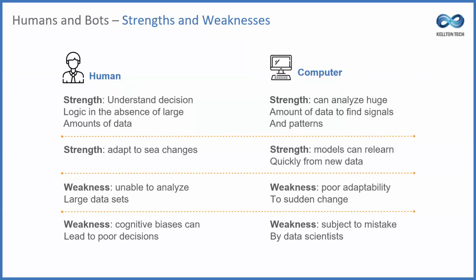So humans and bots must coexist. The strengths and weaknesses of each can complement the other. Since humans make errors from time to time, the term human error was coined. Computers, on the other hand, do not make these errors if they are correctly programmed. Artificial intelligence makes decisions based on previously collected data and a selection of algorithms. As a result, errors are minimized and the possibility of achieving greater accuracy and precision is increased.